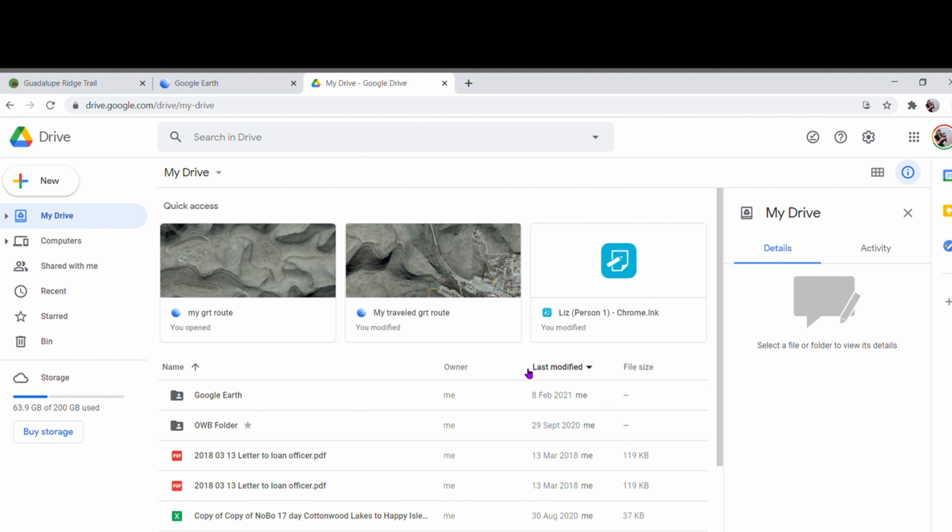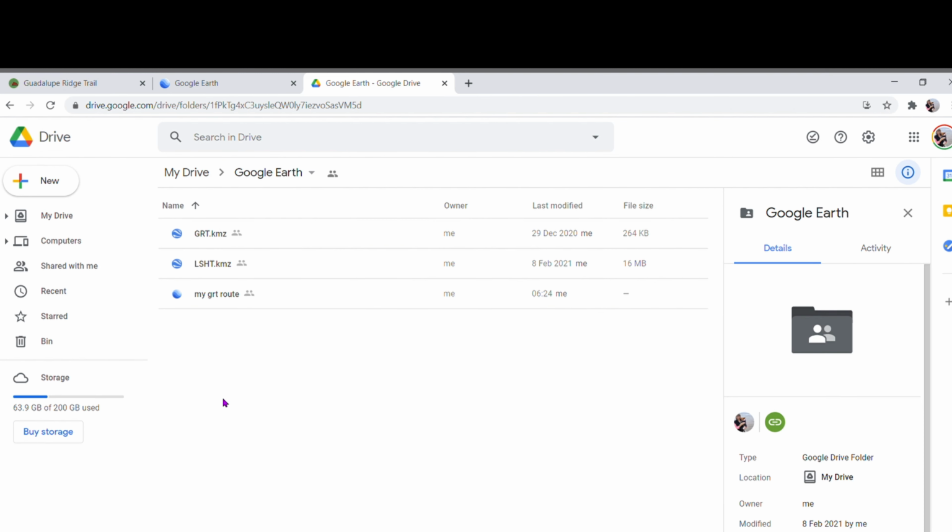If you're looking at my drive here, you will see the Google Earth folder. Here is a KMZ file for the GRT. This is what we had. This is the Lone Star hiking trail, which I used to go. I actually used something else, but that was available. My GRT route is a test that I was conducting in order to make sure that what I'm about to tell you is working. So I am going to create a new file and start all over